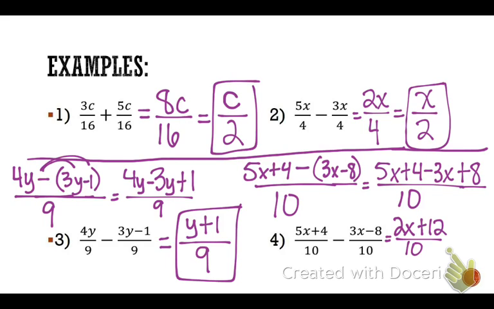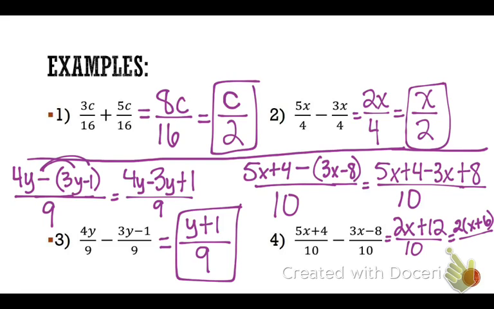Now comes the question, do we think we're done with this one? No, we can simplify it more. What can I factor out of the numerator? A 2. I'm going to run myself out of space. 2 times what? x plus 6